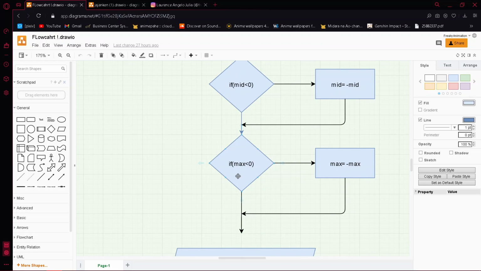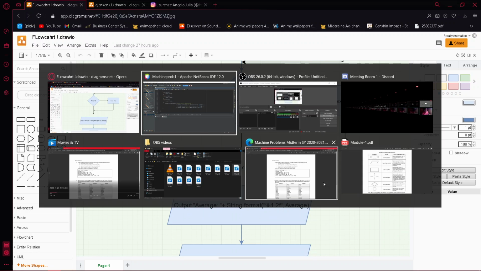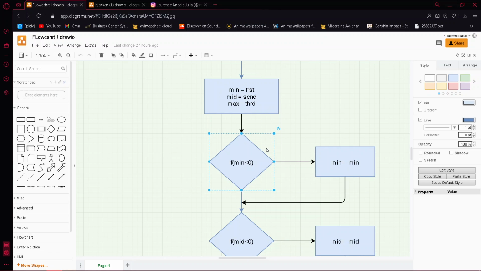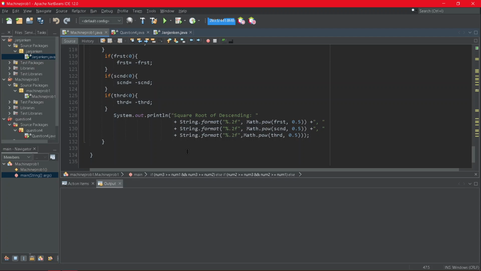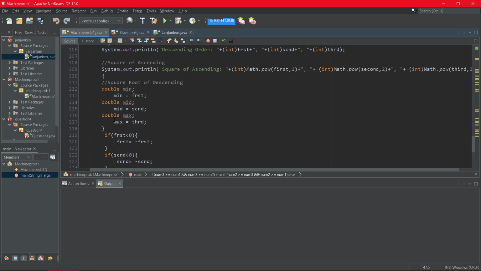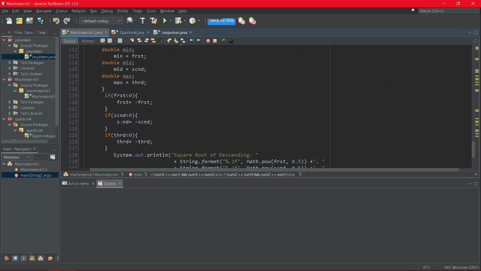Then if mid is less than 0, then max is equals to max. But in this flow, Mr. Kentoy explained how he created the formula or how the flow is being given.